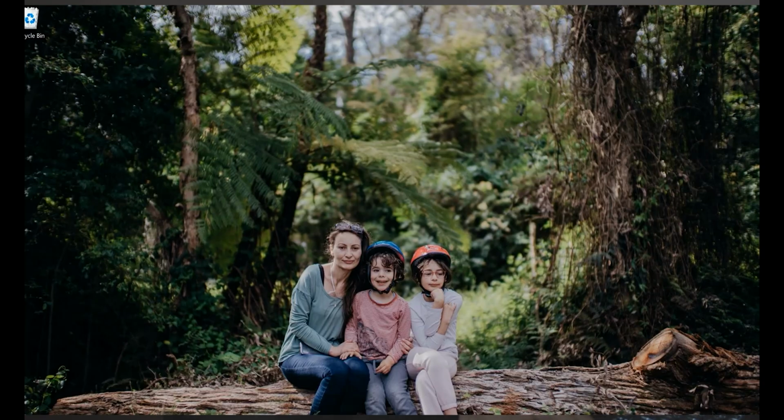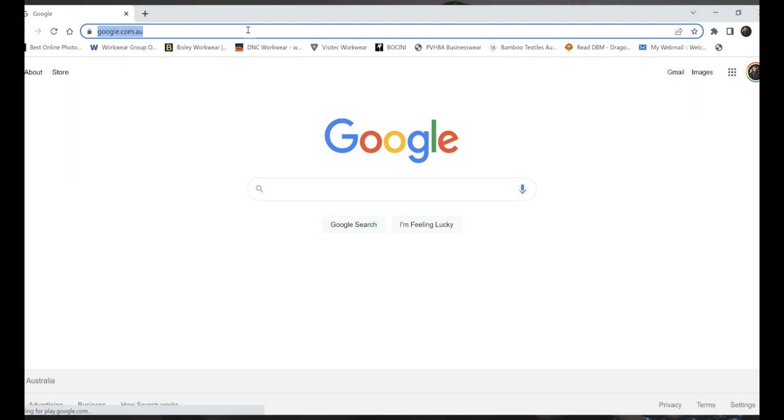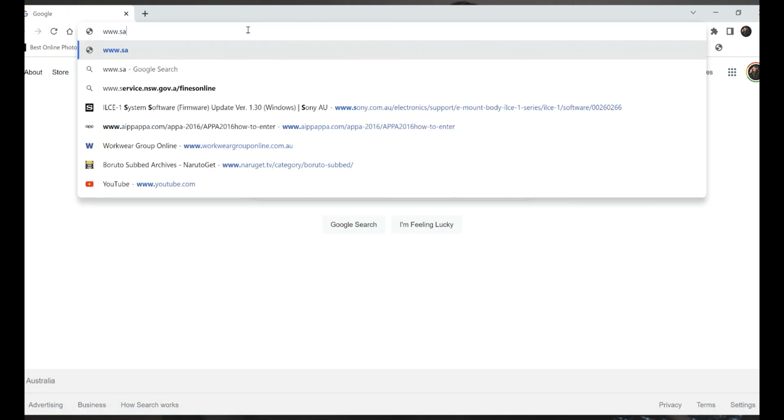on their lenses. Now, I will be going through step by step how to install and update, the best way to update the firmware on your lenses. Because everyone's been asking, how do you do it? They weren't sure. So I thought I'll do a video for everyone, helping you and making it a lot easier. So the first thing you'll do is just go onto the internet and type in Samyang lens